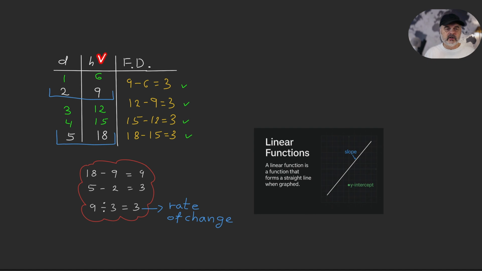Now, the height column is determined by the rate of change. So the first day is 6 because we go down from 9 by 3. Then the next day is 9. The following day is 12, 15, 18. And you can predict that on the 6th day, for example, the height will be 21 because you would add